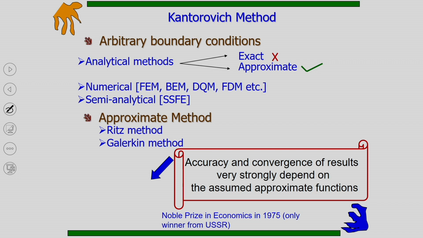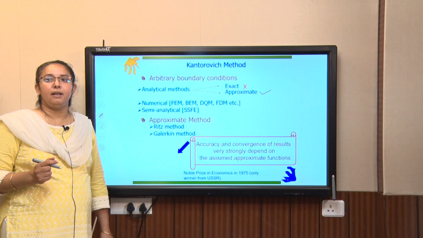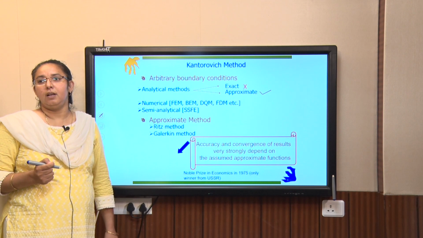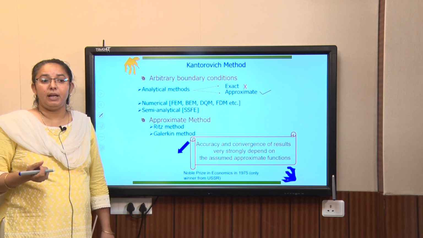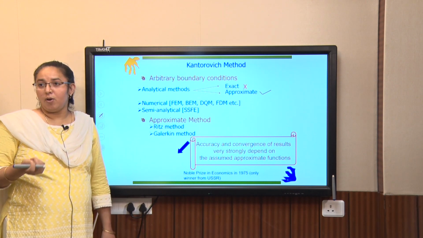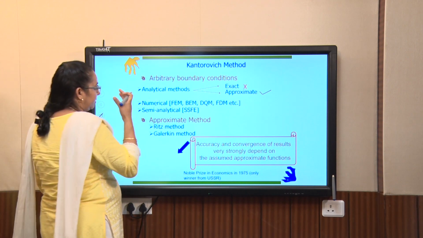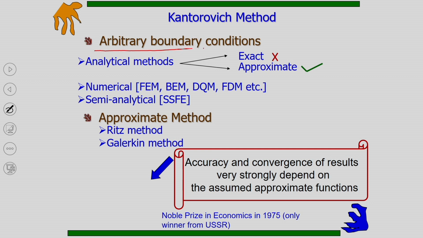Now I am talking about an old method which is not widely taught, or not really given in most of the books, but it is a very elegant and strong method. So I am going to tell you a slight history, on arbitrary support conditions. If we are interested in developing analytical solutions, there may be some exact or approximate, but as you see, for arbitrary support conditions even the Levy has some limitation: only two sides are simply supported, the other two can have any boundary condition. So we go for approximate techniques.